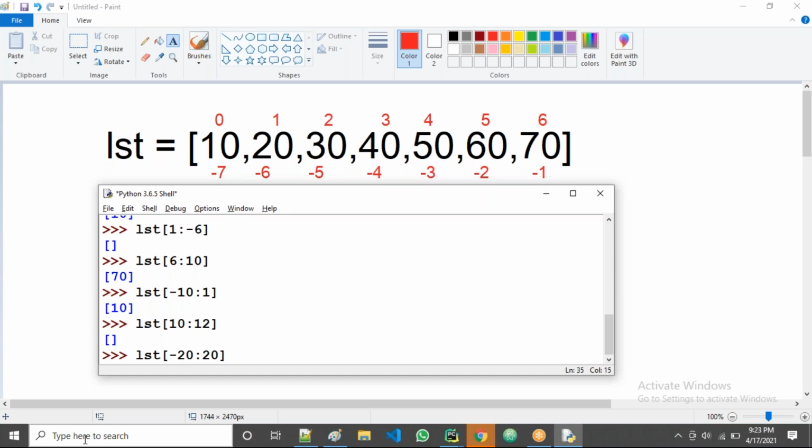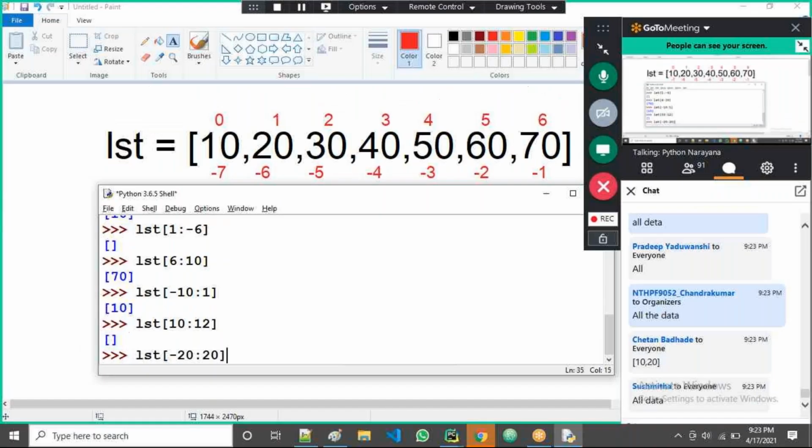All data will come. Yes, guys. Very good. So what happens here? All data will come, right? See, the starting value minus 20 is outside. Outside means consider the ending element. How much here? Right, this one, guys.